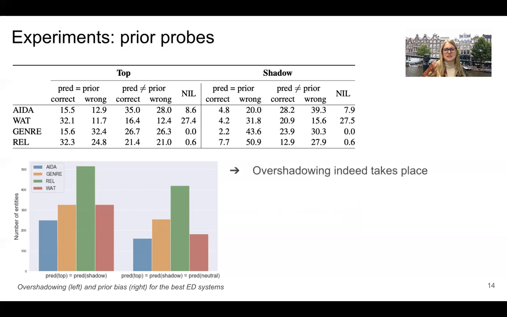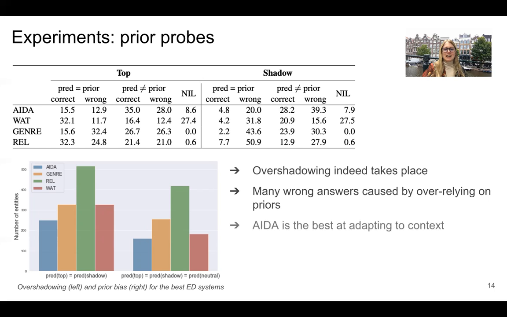And we see that overshadowing indeed looks like a problem, and a lot of wrong answers on the shadow subsets are caused by the system not changing its default prediction when seeing the context. And again, the system that performed the best on the shadow subset is also the best at adapting to context. So it tells us that it is important to pay more attention to context